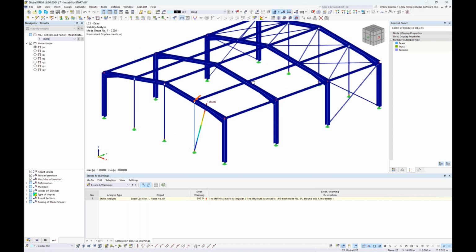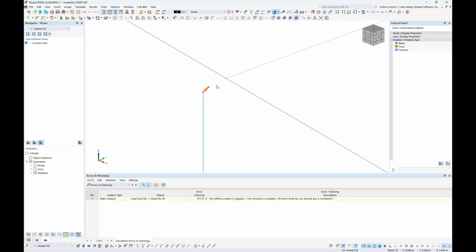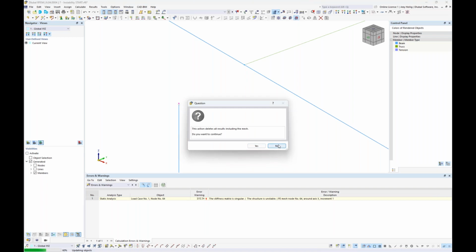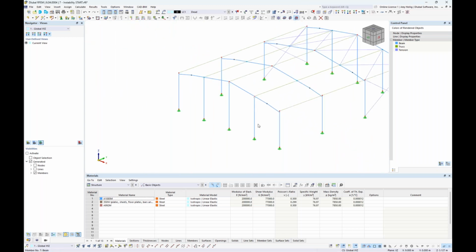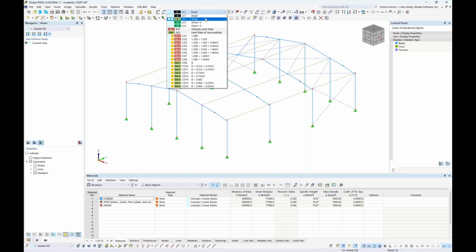When I turn off the results here and I zoom in wireframe view, very, very closely, sure enough, I see that these two nodes are not connected. So I can simply take this node and go ahead and drag and drop it here to this other node connected to the frame. So what we should see now is hopefully the dead load will solve and we have no more instabilities for this load case. So assuming now that everything is solving for first order analysis for these first few load cases,